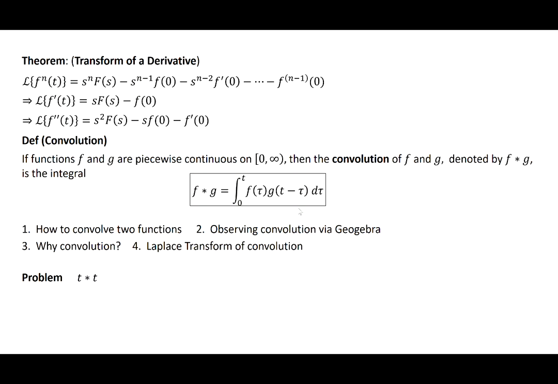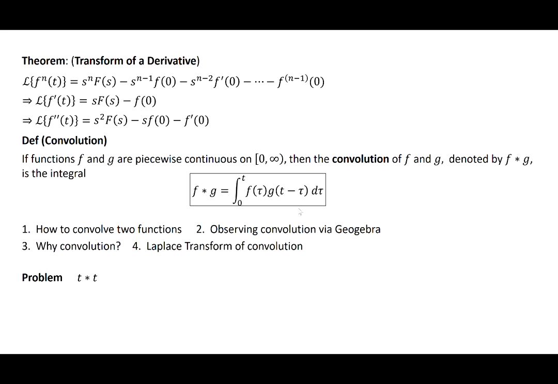What is f of t here? t. What is g of t? t. Cool. So t convolved with t according to the definition should be a certain integral, right? What integral? Integral 0 to t of